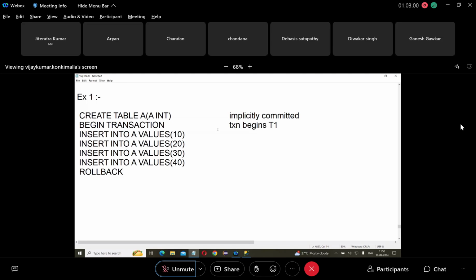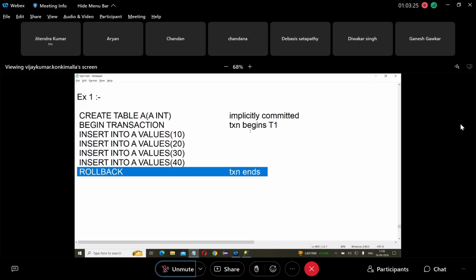T1 contains four operations. Next, rollback. Then the transaction ends. When a transaction ends with rollback, then it is called